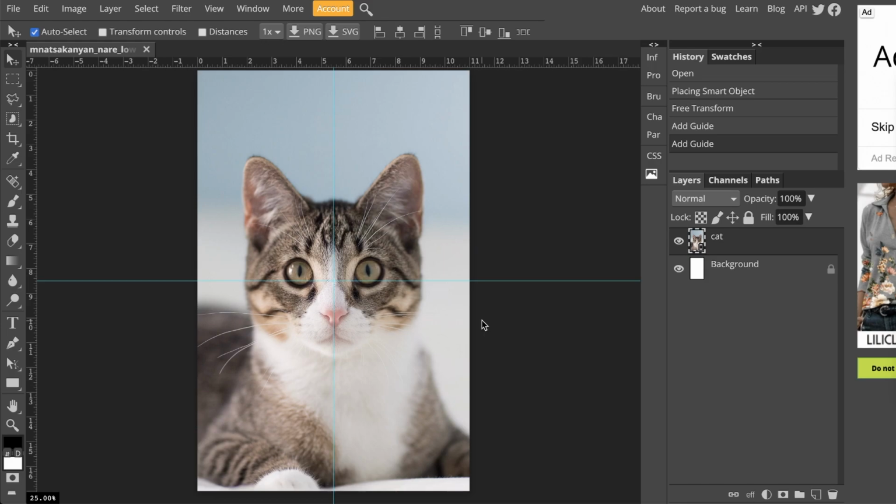For future reference, you don't have to worry about guides getting printed. They're just there to help you, but they won't get printed or be visible when you save your final version of your project. So now that I have my two guides and I found the true center of my canvas,